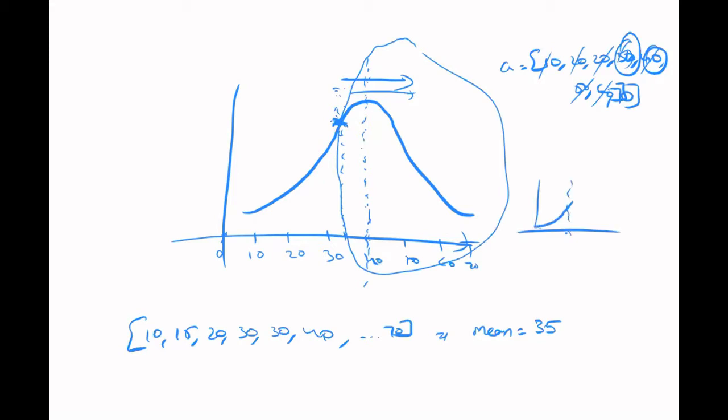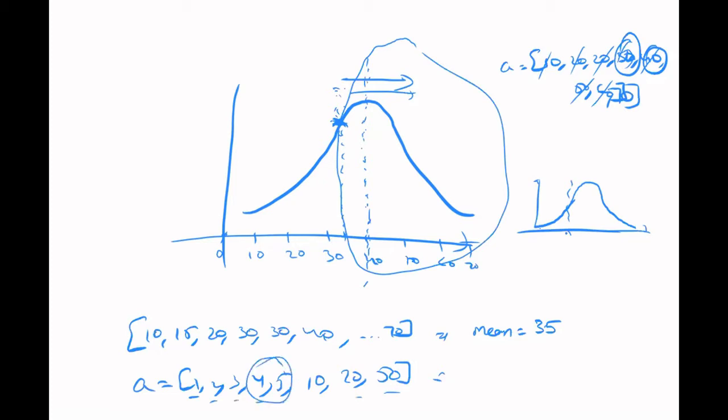You have the mean here, and your values are here. For the example we took earlier, 1, 2, 3, 4, 5, 10, 20, 50, if you take the median, it will be like this. So it can be here. Here we got two numbers, so we can't take the middle. We can take the average of these two, which will be 4.5.